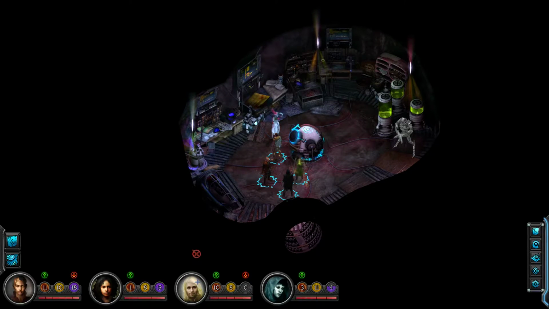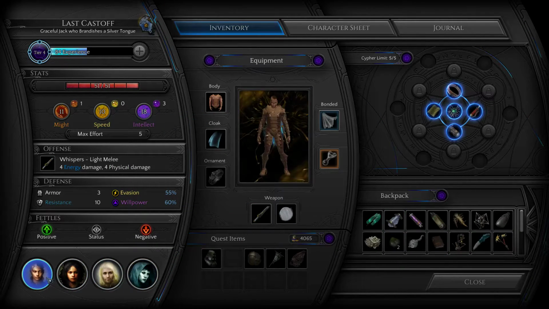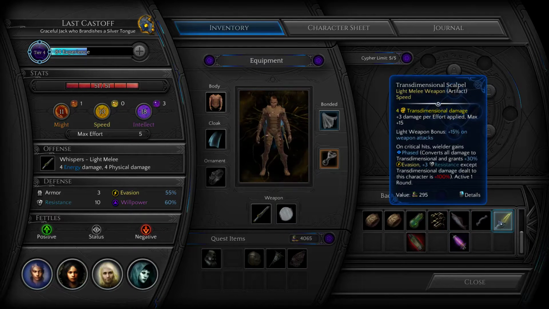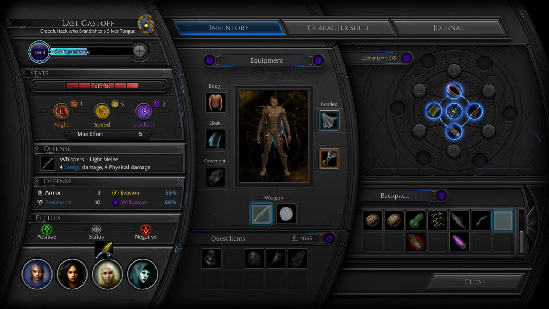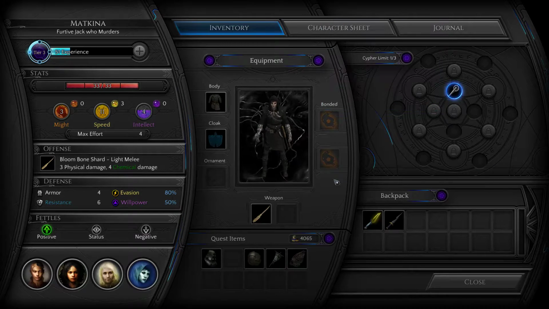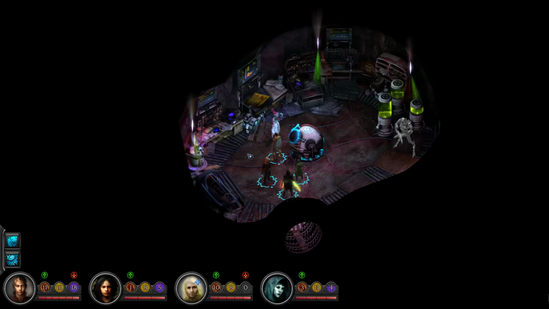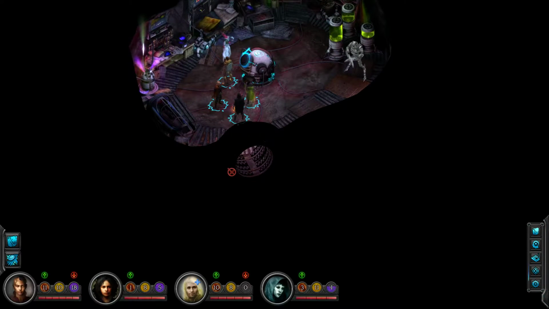Let's pocket the weapon. It might be a really good weapon for Matkina, actually. It is a light melee weapon with transdimensional damage, plus 3 per esotery, and then it does a whole bunch of really cool things. It's much better than her current weapon, and I think that looks awesome. Cool. Sold. And Eritus gained a level,